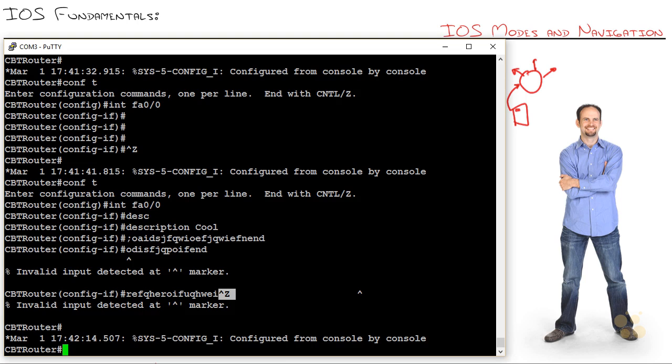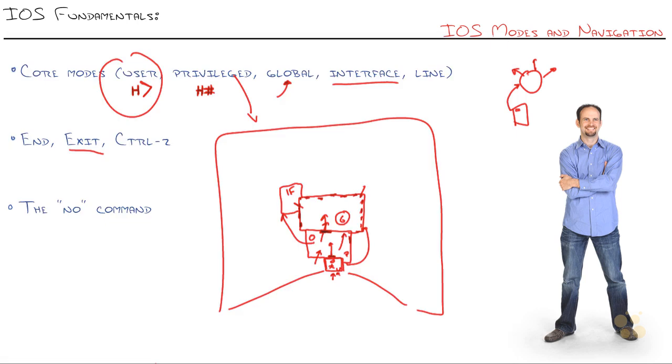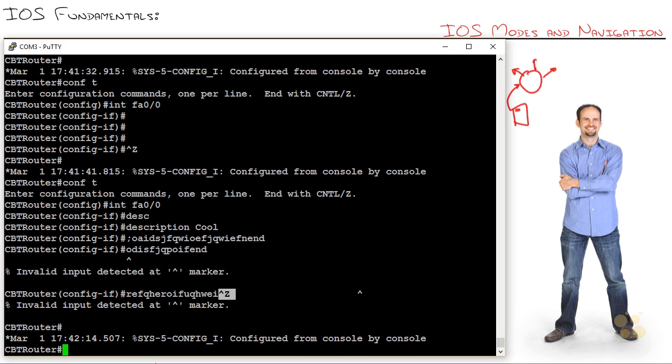Drop all the way back to privilege mode. So what I want you to do on your router right now is just practice going into the different modes. If you're curious what interfaces your router has, because you may not have a FastEthernet 0/0,